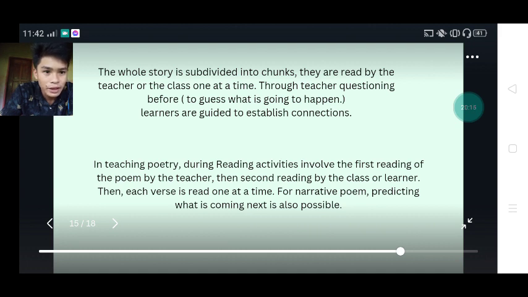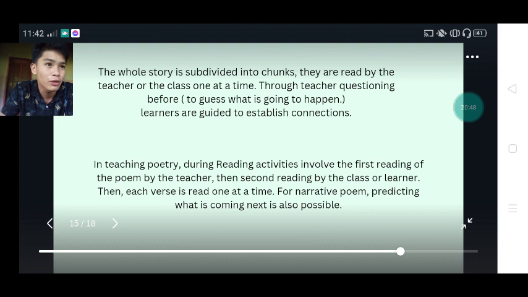Then each verse is read one at a time for narrative point. Kibali ipatagna nimo sila i-predict. Okay, class, based on the story that you read, wala pa, it's verses pa ba? Now, you ask your student, what should be the next, unsa ang next nga mahitabo ani nga story? Just like, pareha ganina akong gi-mention, wala siya kaning sequencing the events.